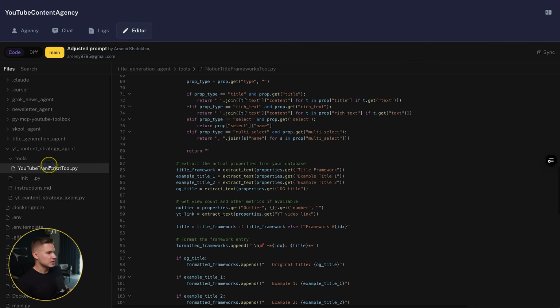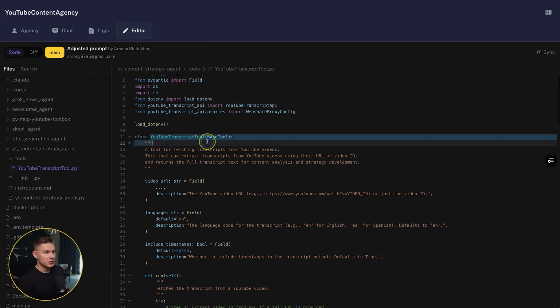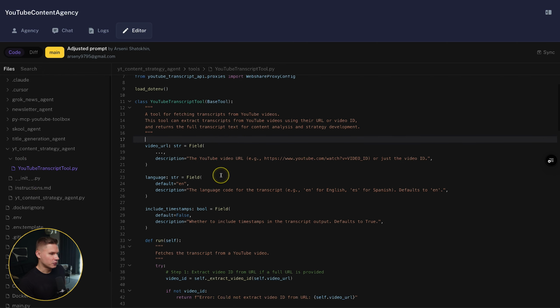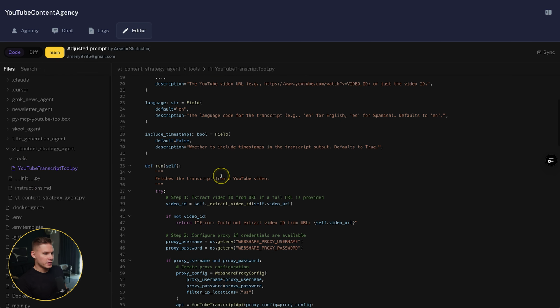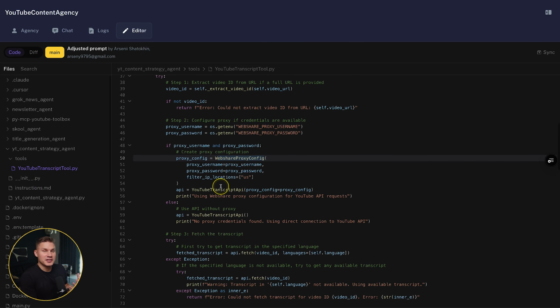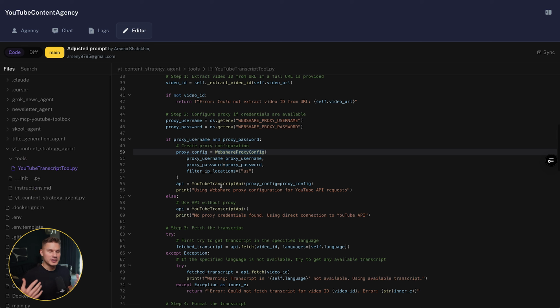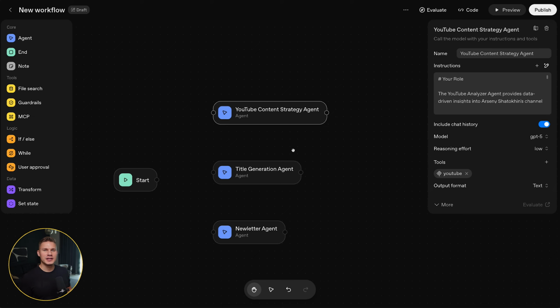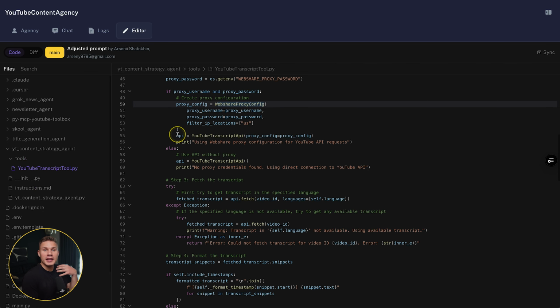And for the YouTube content strategy agent, I also built a tool to create transcripts. Well, actually, I didn't build it myself. Cursor literally one-shotted both of these tools, because the problem with YouTube's MCP is that the transcript tool almost never works, because this endpoint on YouTube's API is highly rate limited. So this is the third limitation that I'm already running into with OpenAI's Agent Builder: I have no way to deploy custom tools and no way to run my own custom code. While on our platform, you're not limited by anything because you can generate open-ended code.